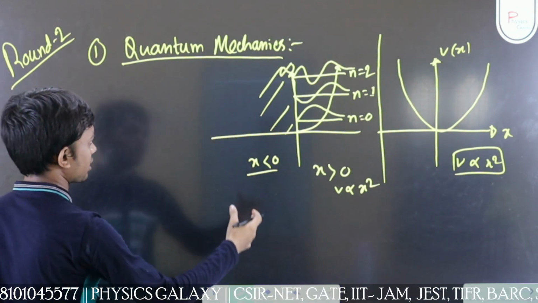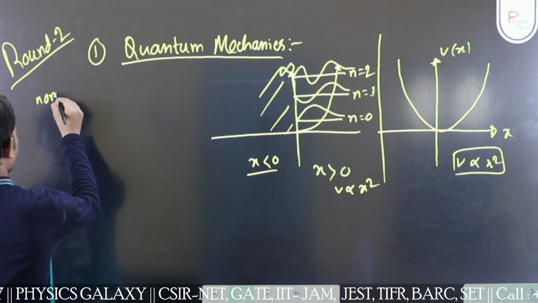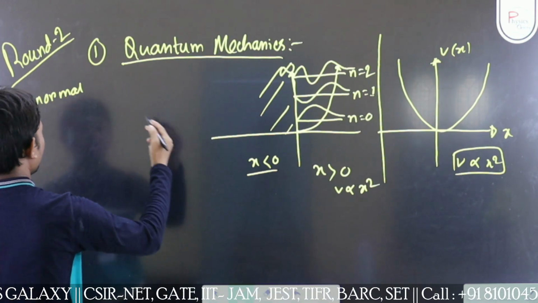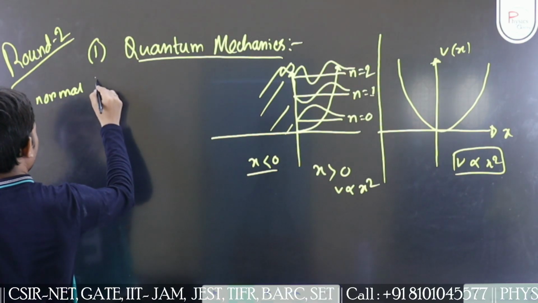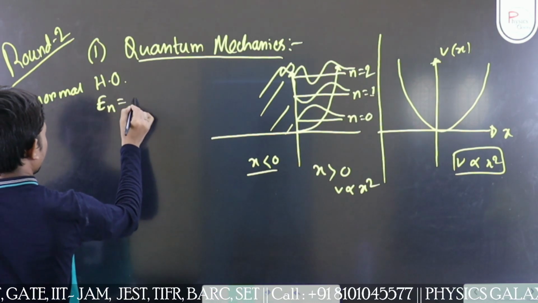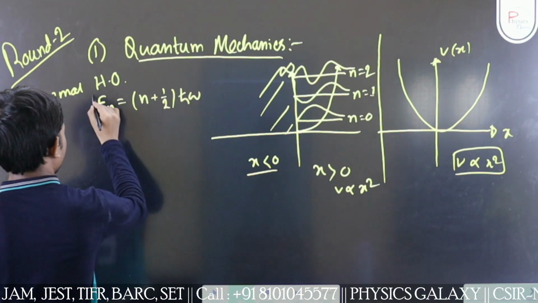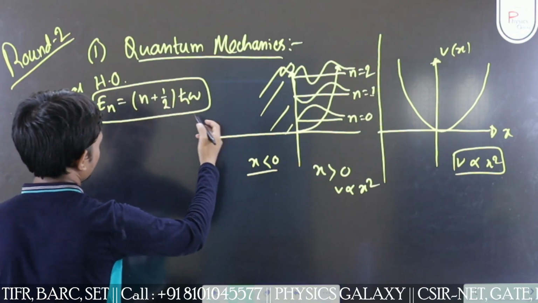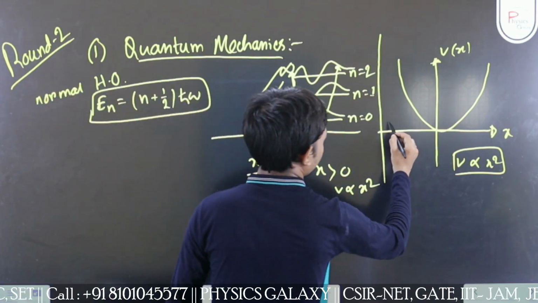For the normal harmonic oscillator, En is equal to n plus half h cut omega. And for the odd terms of n,